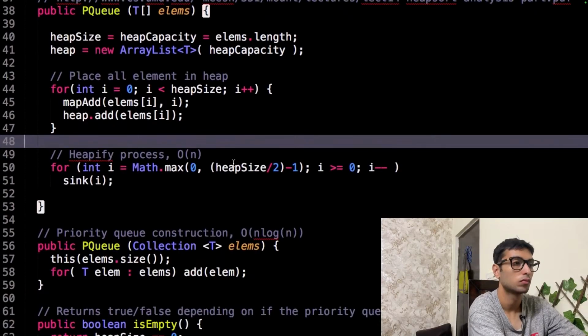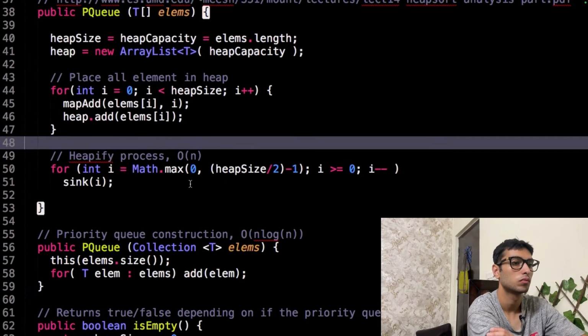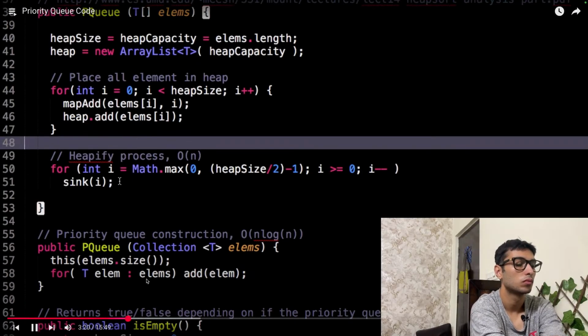So we start at about halfway through the heap size, and then we start decreasing, and then we sink all the elements. And you're like, wait a second, isn't the sink a logarithmic removal? Well, yes, it is in the general case, but